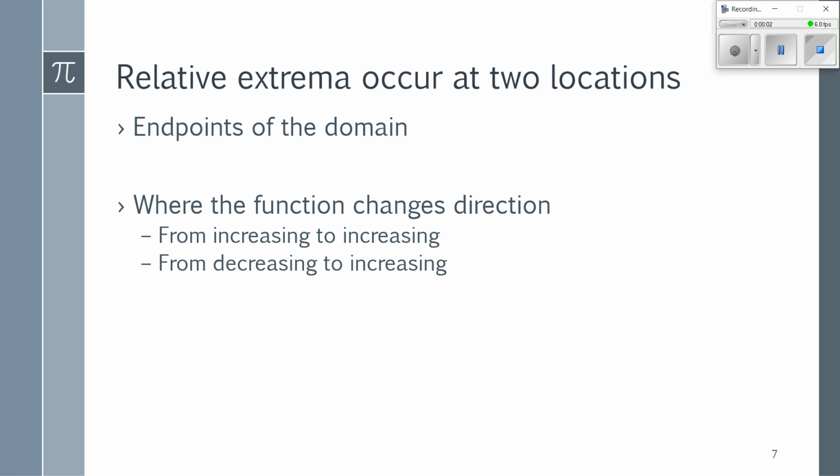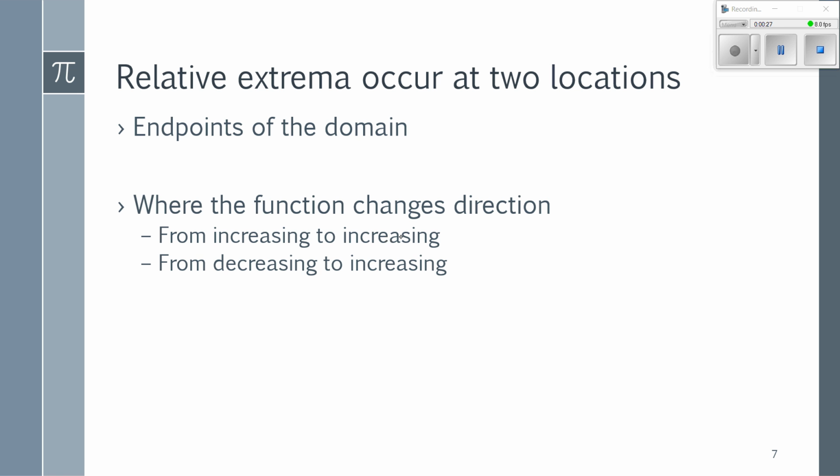So let's go ahead and start talking about ways of locating relative extrema, because we're going to be more often asked to find relative extrema than absolute extrema, but I'll also throw those into our discussion as well. So relative extrema occur at two locations. They occur at endpoints of the domain, and they occur where the function is changing direction, either from increasing to,